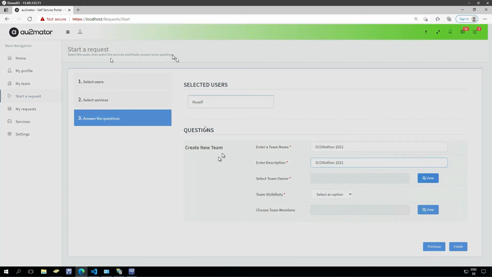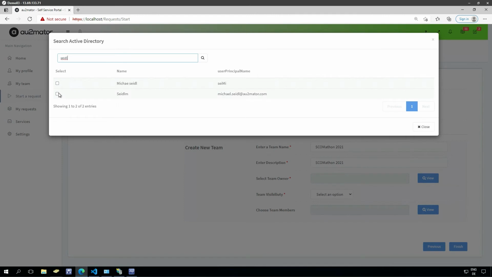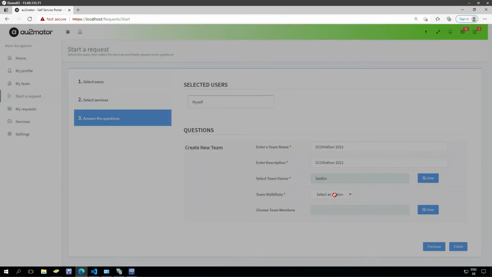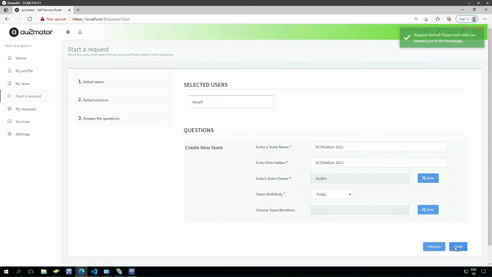And we want to select an owner. In this case, you need to select an owner. An owner is mandatory if you create a Microsoft Team. And we select whether it should be private or public. In our case, it should be public, and then you click finish. So in the background, the Teams